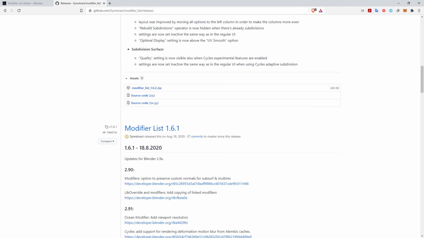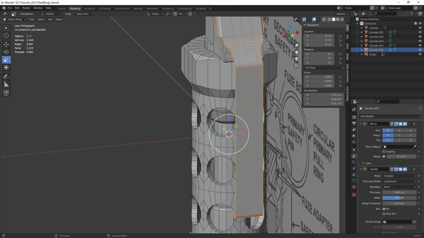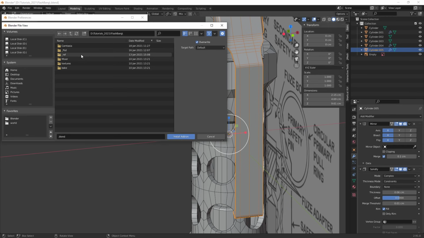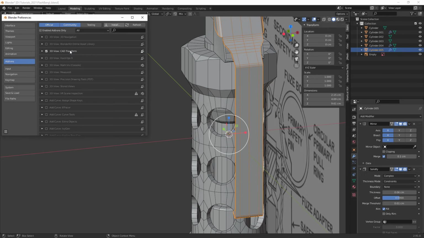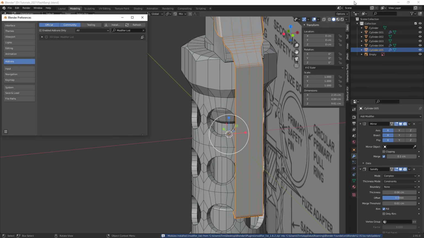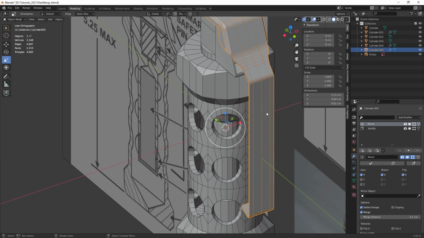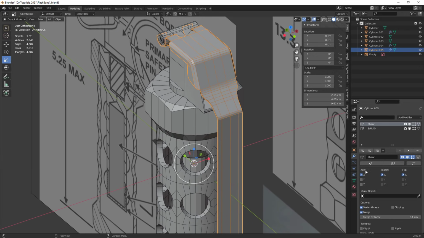And then what we do is, once we're back in Blender, we go over to our Edit Preferences, and then under Add-ons, we install it. We navigate to the location where we have it downloaded. And here we have our modifier list. And once we enable that, you now see that we have this nice view here where we always see exactly